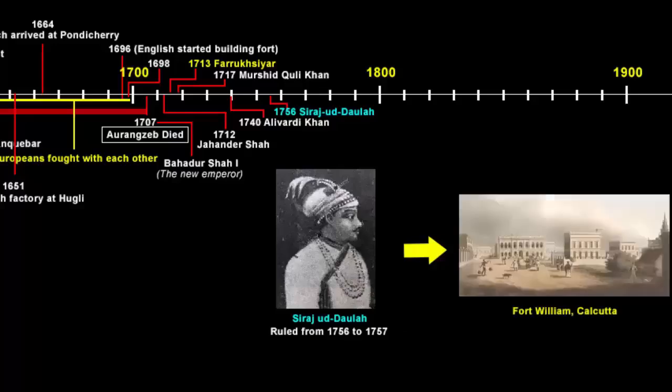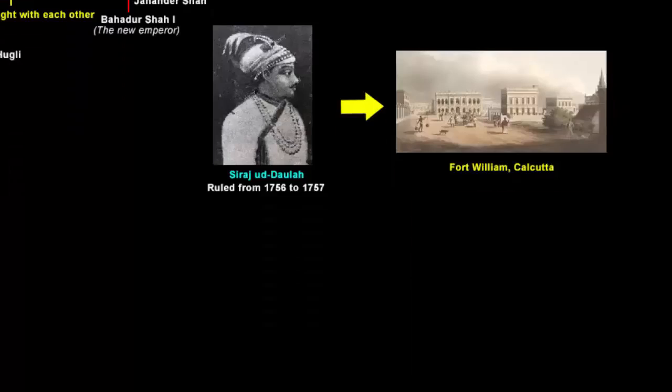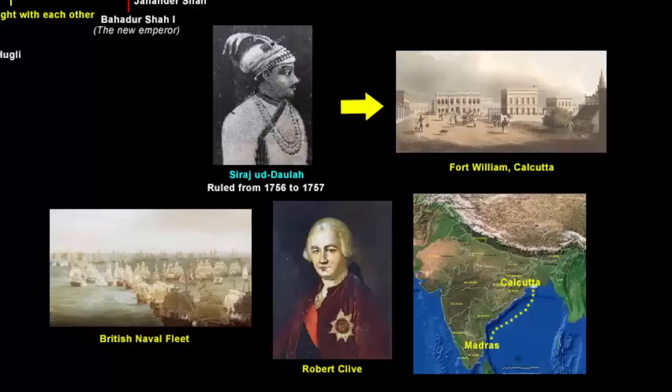So in 1756, in the same year Siraj-ud-Daulah became the Nawab, he captured Fort William at Calcutta with his 30,000 soldiers and kept English soldiers and officials as temporary captives in the cells of that fort. So basically he attacked the English company. Now this news was immediately sent to the company officials in Madras. They sent forces on naval fleets under the command of Robert Clive. Robert Clive was an officer in the company's army. At that time he was a lieutenant colonel.